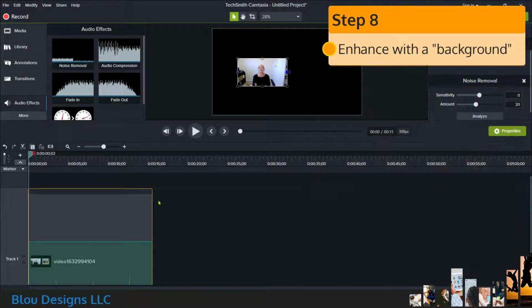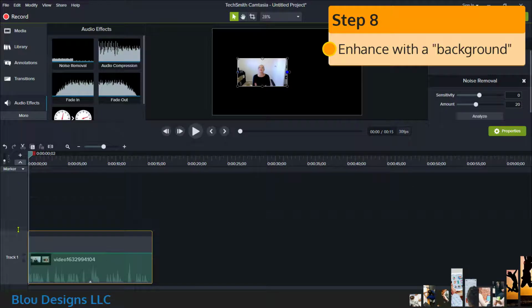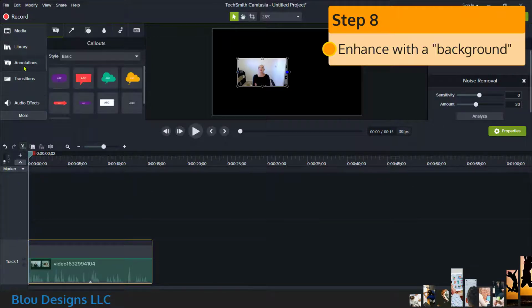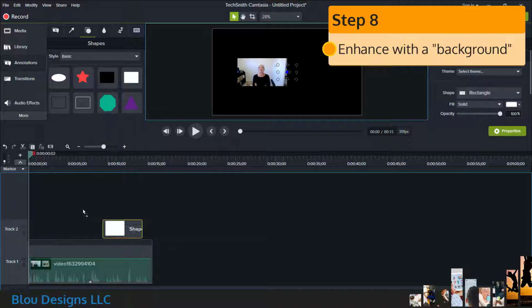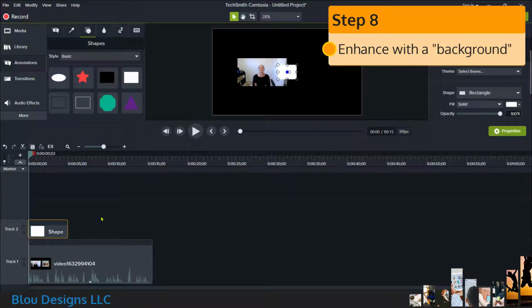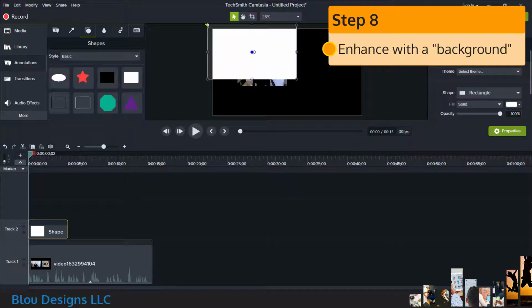So I'll add a purple background to fill the frame, and that will use the branding colors for Bright Organizing Solutions. In Camtasia, you can do this with a little annotation rectangle, which you can find under Annotations and Shapes. Drag that onto a track and resize the rectangle using the little balls around the edges of the rectangle, and go ahead and take advantage of the fact that anything that hangs over the side of the frame will be cropped off in the final product.